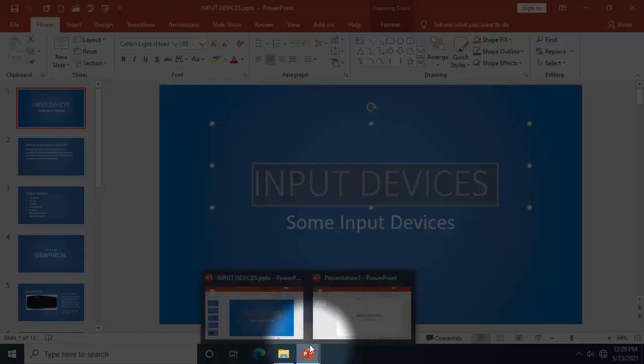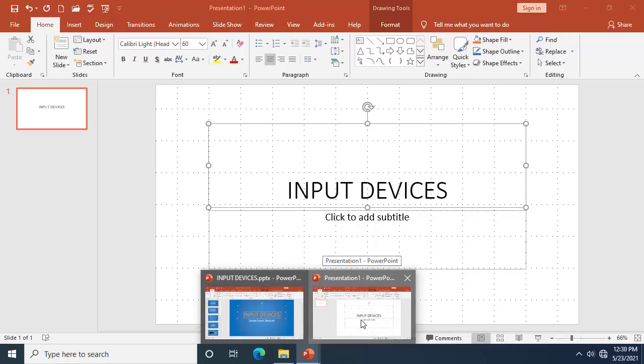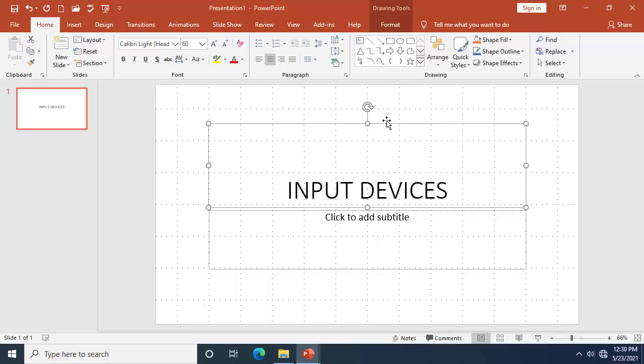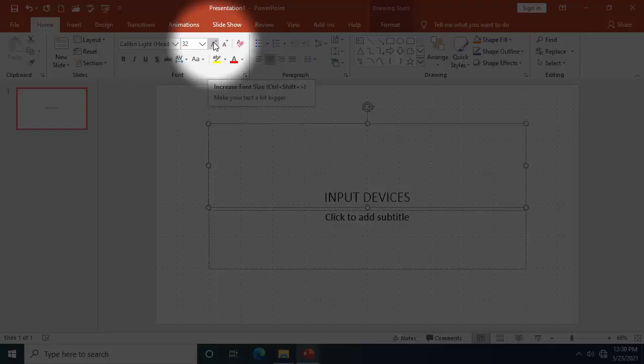By coming down here to switch to my work in progress, click, then make sure the placeholder line is active, very important. Then Calibri Light heading, I have the font intact. Then the font size is what I'm going to change. You can click on the drop down arrow and select. You can click on increase font size, this A right here where my mouse pointer is. When you click on it, it's going to increase the font size. In my case,